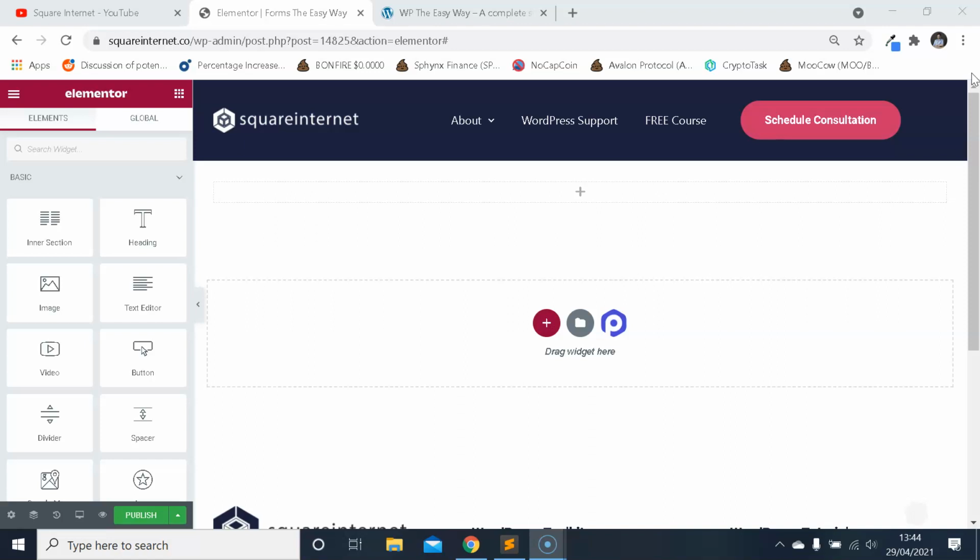And getting a copy of Elementor won't just give you access to the form widget, you get access to everything within Elementor Pro. And you can build your entire website with Elementor, so you may well start off building a form in Elementor, realize how easy it is to build your website that way, and then decide to build your